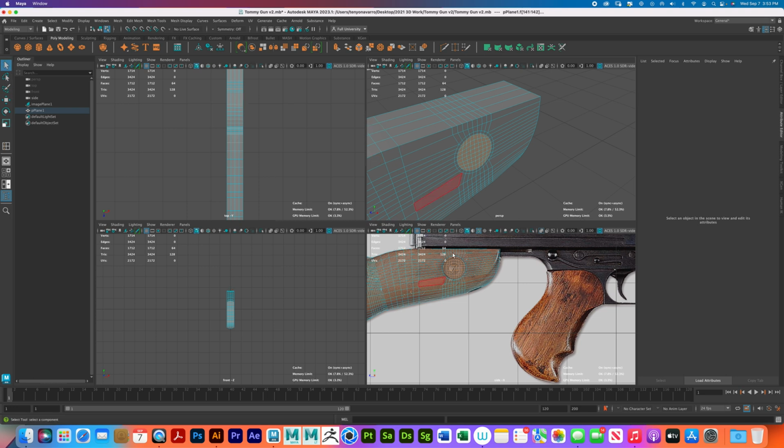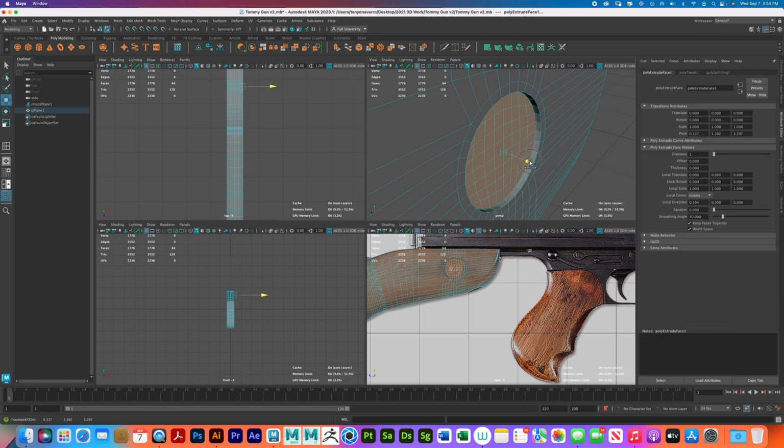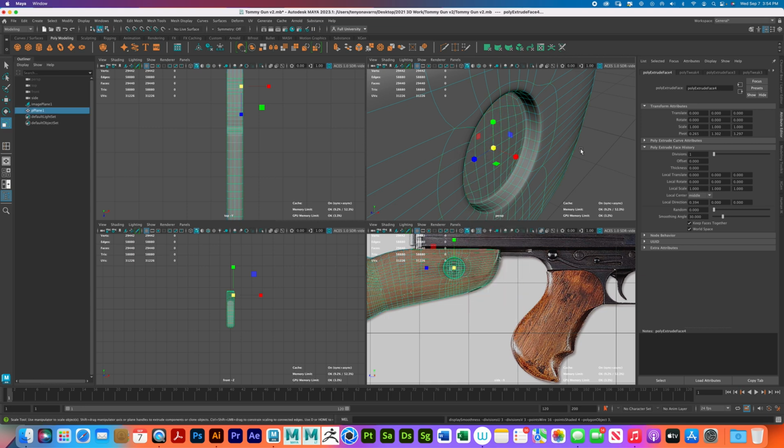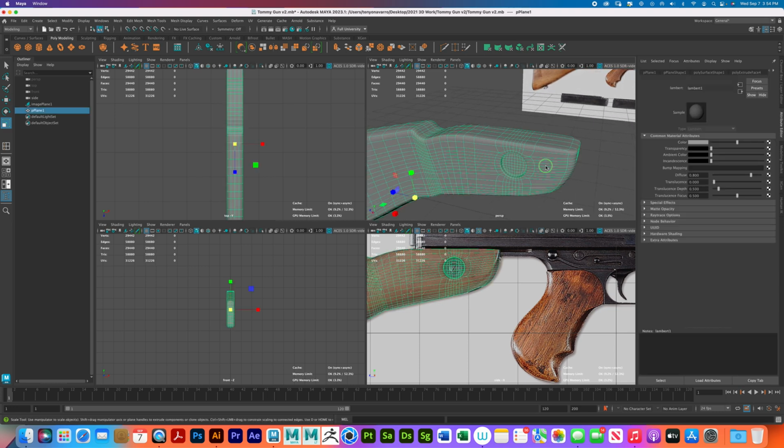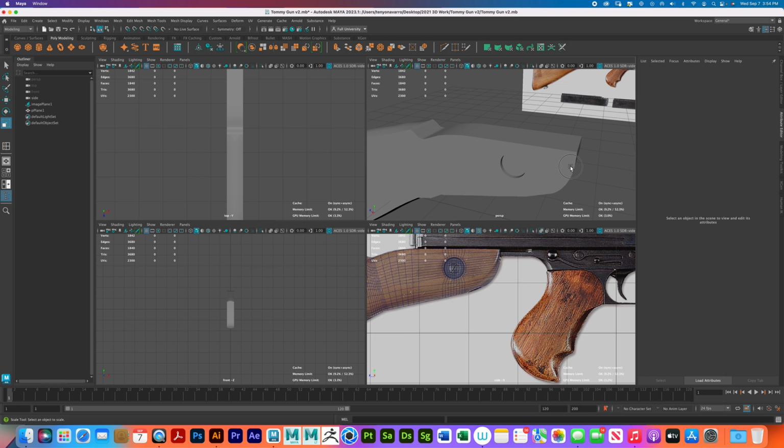Press Q. Now I'm going to press W. This is up to your discretion as to how deep it's going to go. But if you press W, shift click and drag, shift click and push, shift click and push one more time. R, hold down shift and drag your R, and here we go. If I press 3, bam. This is what we're looking for, guys. This is what the butt of the gun should look like. If I press 1,